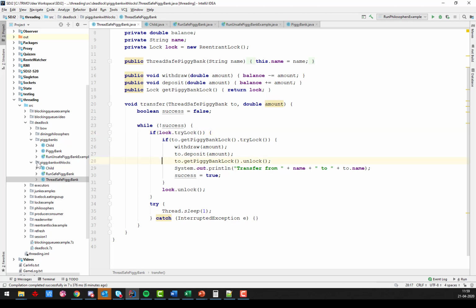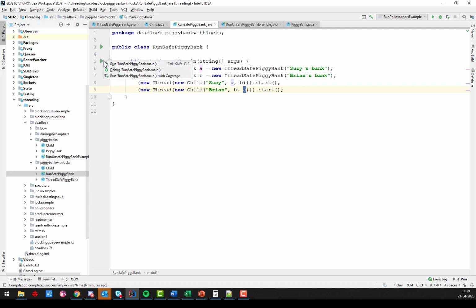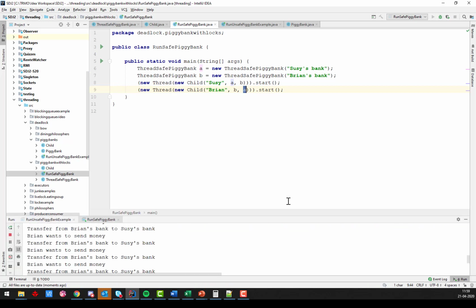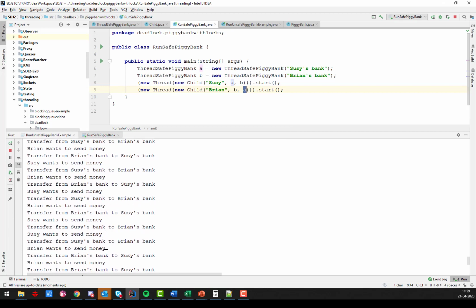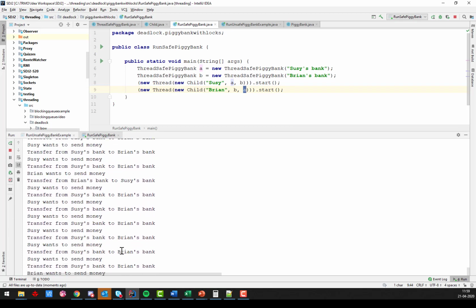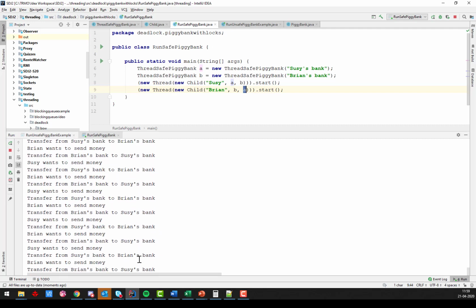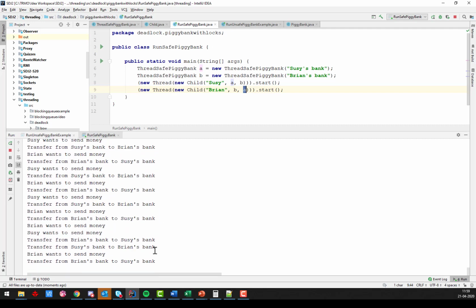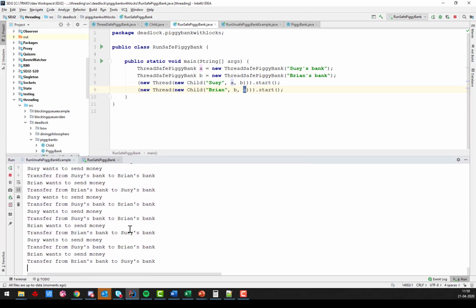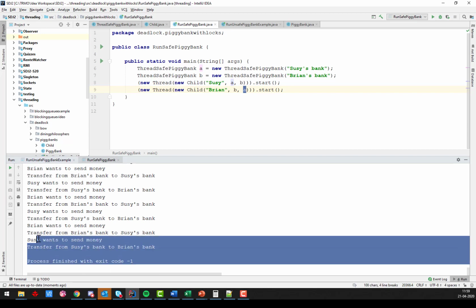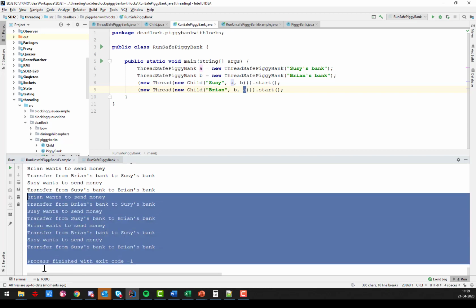So if I were to run this one here, again, a bit difficult to verify that this actually works, because it works when I don't get any errors forever, and we will see that it's already run further than what my unsafe piggy bank was able to do. So they're just sending money back and forth, and I will conclude that this now works. Right, but again, fairly difficult to actually verify if you have to run for an unknown number of hours for this to